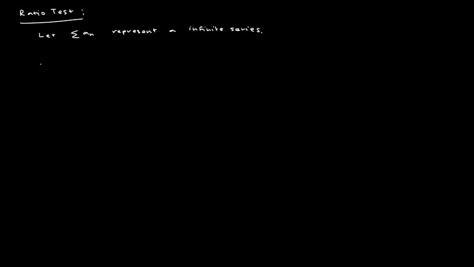If the limit as n tends to infinity of the absolute value of a of n plus 1 divided by the absolute value of a of n is equal to L, then